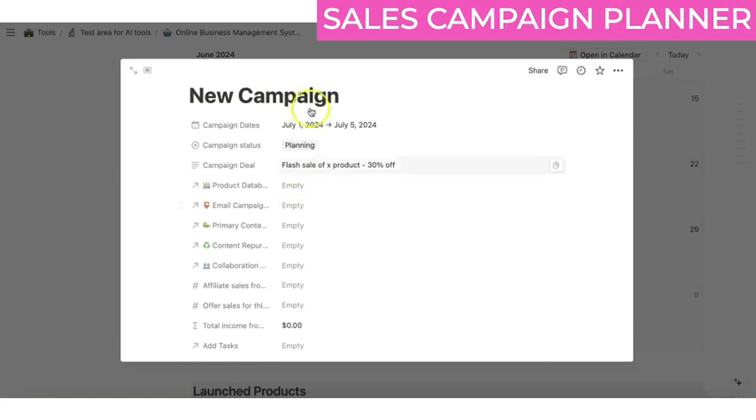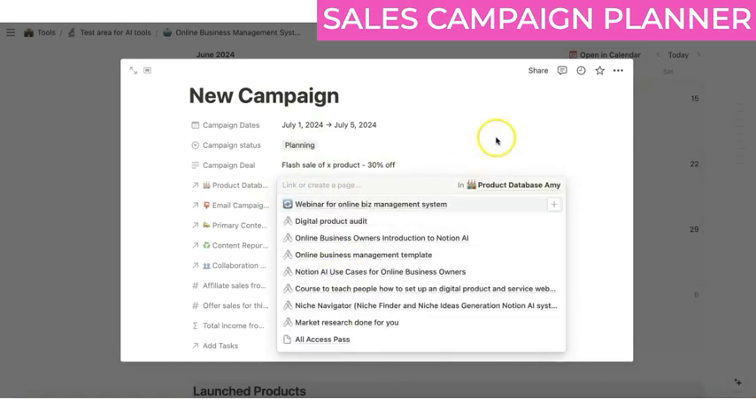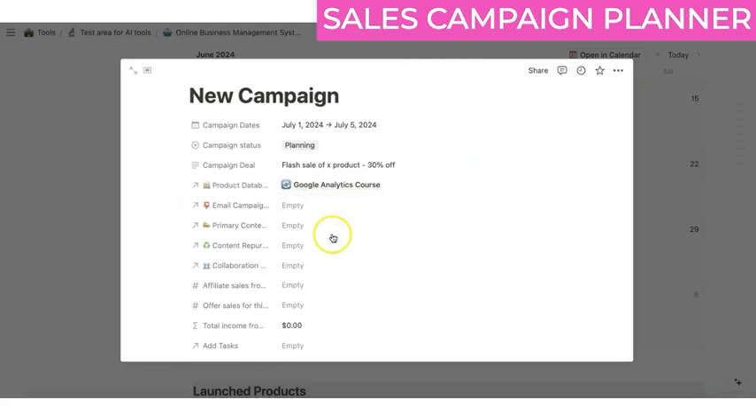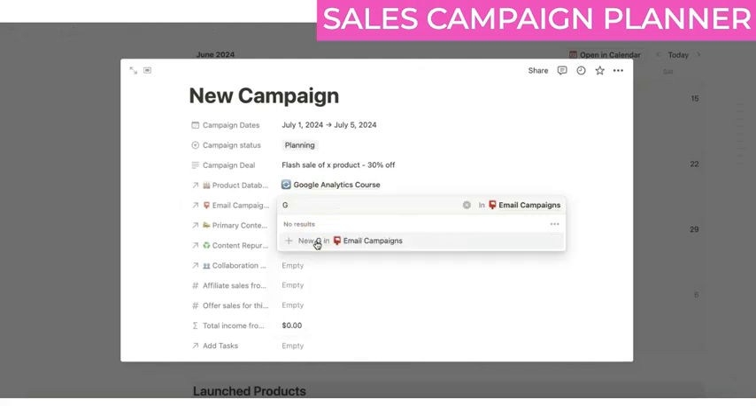But so if I've got a campaign where I'm running a flash sale that week, I would probably link to my product database for the product that I'm running a flash sale on. Let's go with this Google Analytics course example. I can create an email or an email sequence from here. So I'll just put GA flash sale campaign. I can click plus, open that,